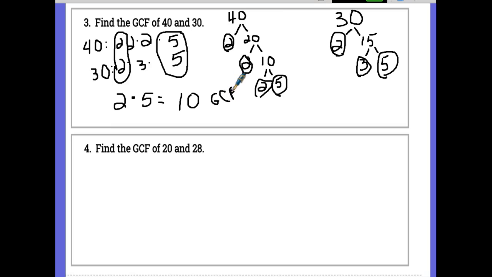Okay? Now, just as I said, if you prefer the factor tree rather than the ladder method, you could use either one. If you prefer the ladder method and I'm doing the factor tree, it's fine for you to go ahead and use the ladder method and continue. Okay? So now I'm going to set these two up, 20 and 28, and I'm going to set up the branching